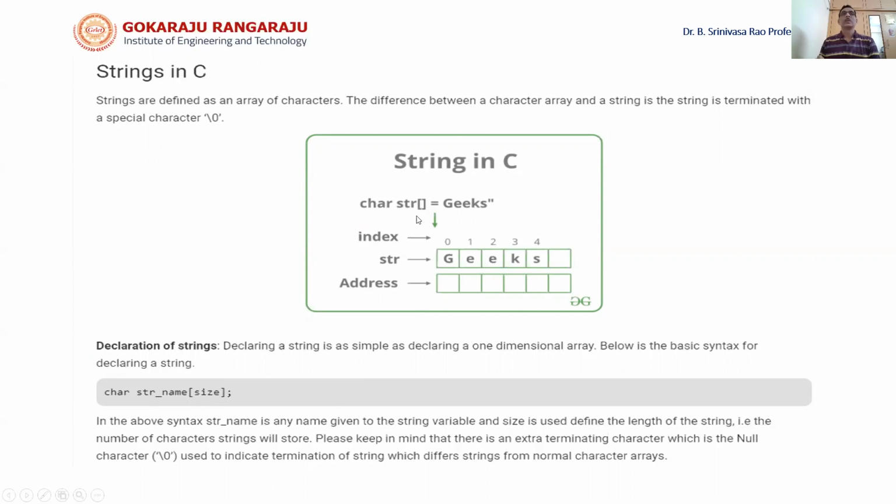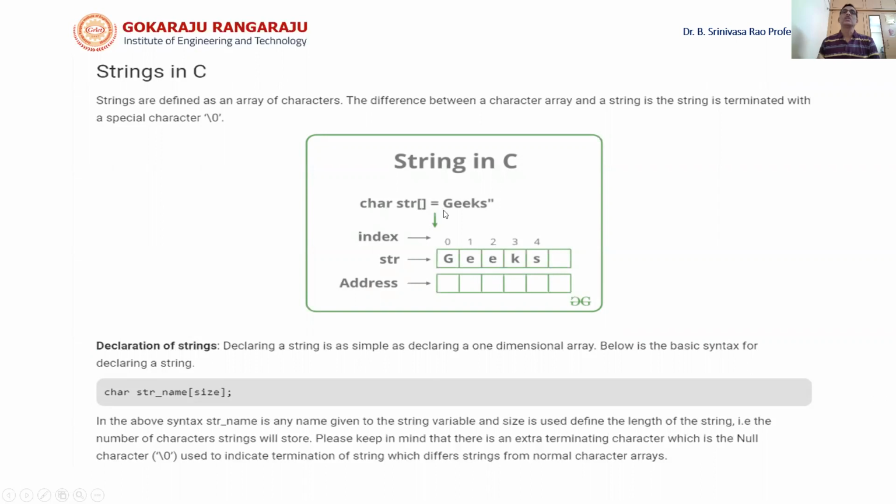And now let us see how it is written. Char, the string name is given as str, and here size is not specified, then the assignment operator, and a string "geeks" in quotes is shown here.